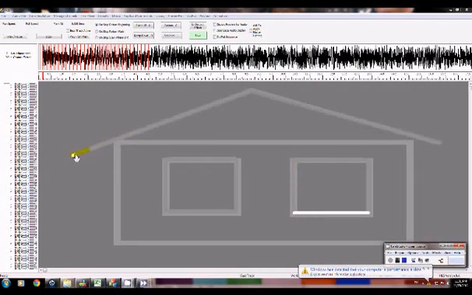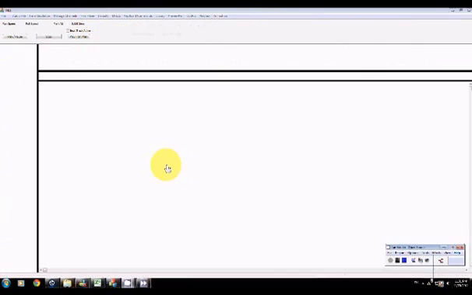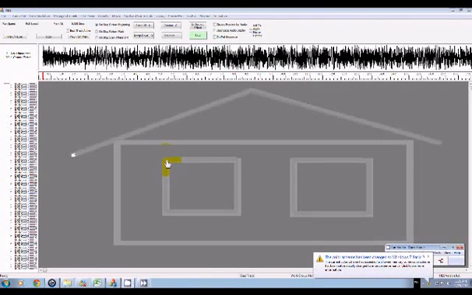finished painting. So I have roof 1 of my house, and that's 50 pixels, 1 to 50. Then I have roof 2, which is again another 50 pixels, 1 to 50. And then on these windows, I start at the bottom here and I go up 10 pixels, and that is